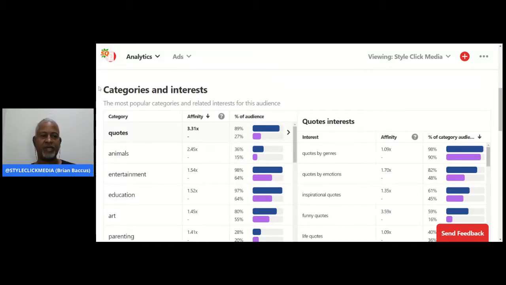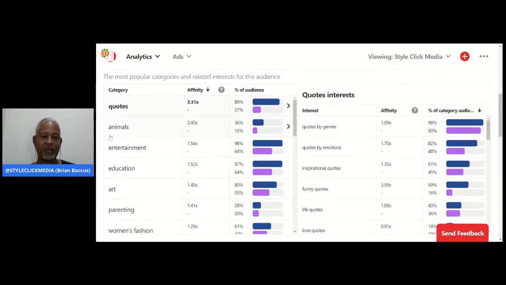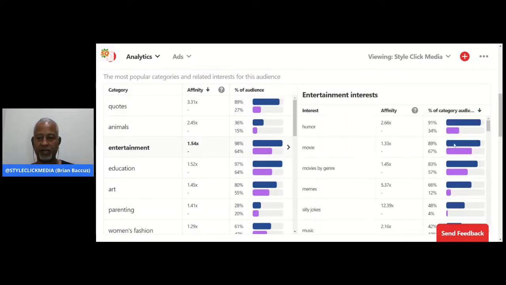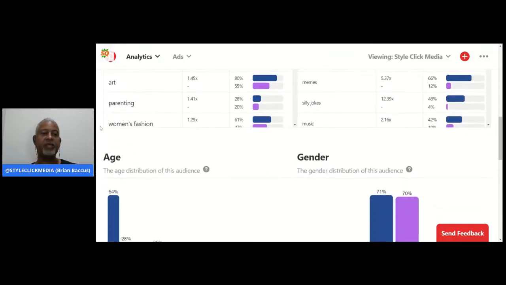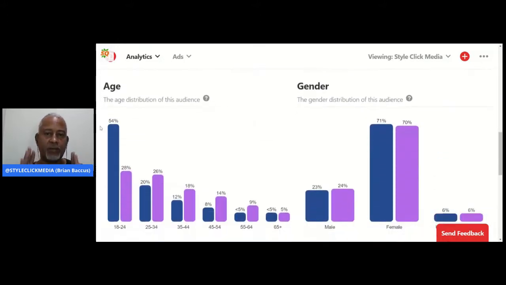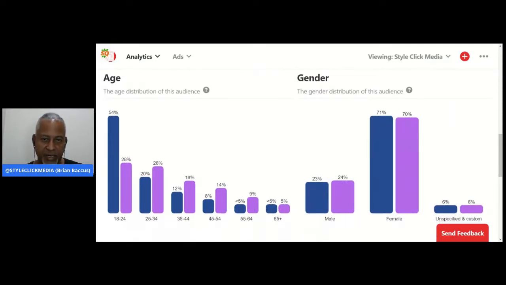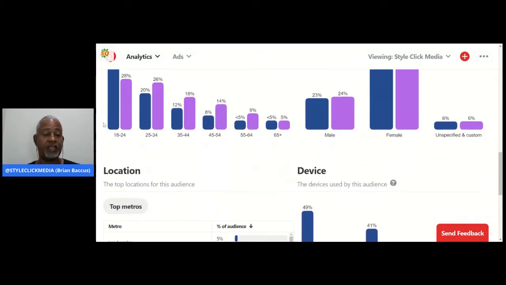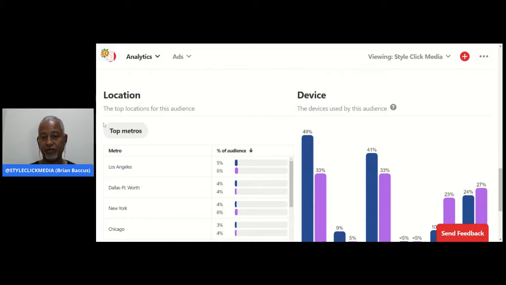So I'm going to scroll down past this because I could go into this all day. Entertainment, I'm beating them by whatever, it's fun. Humor, I'm 3 times killing. Movies, a little bit better, but you can explore this on your own with your own account and see how that does for you. Now here is the most important part of the Pinterest analytics. The people, the age range, the gender, the types of locations where they're found, the device used by the audience.